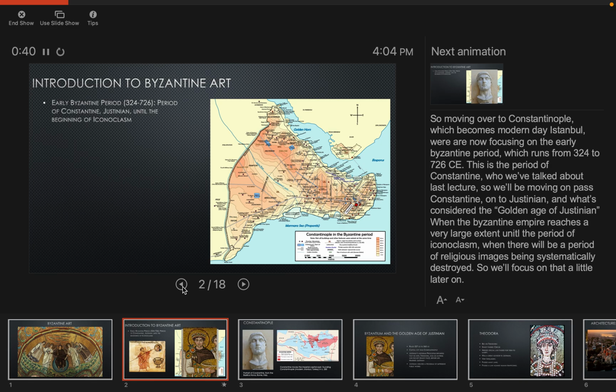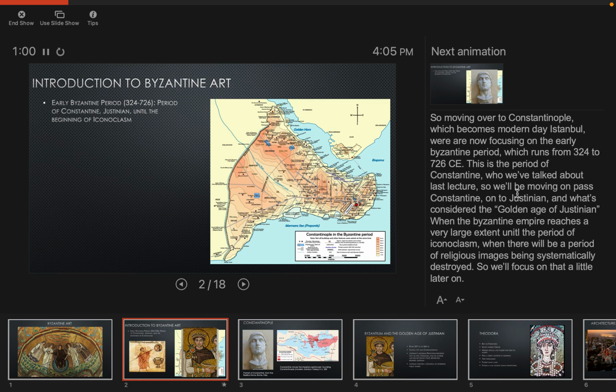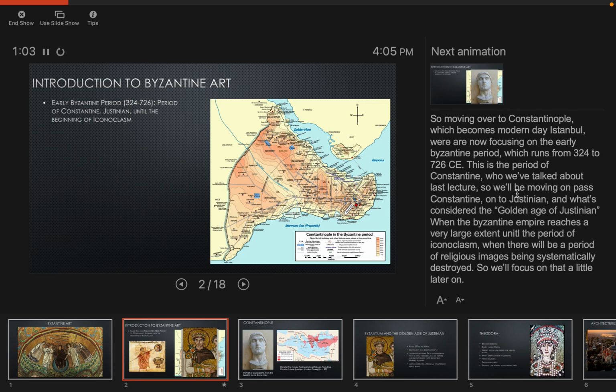So we'll be moving on past Constantine onto Justinian and what's considered the golden age of Justinian, when the Byzantine Empire reaches a very large extent, until the period of iconoclasm, where there will be a period of religious images being systematically destroyed. So we'll focus on that a little later on. So early Byzantine period, like I said, 324 to 726 CE, period of Constantine, Justinian until the beginning of